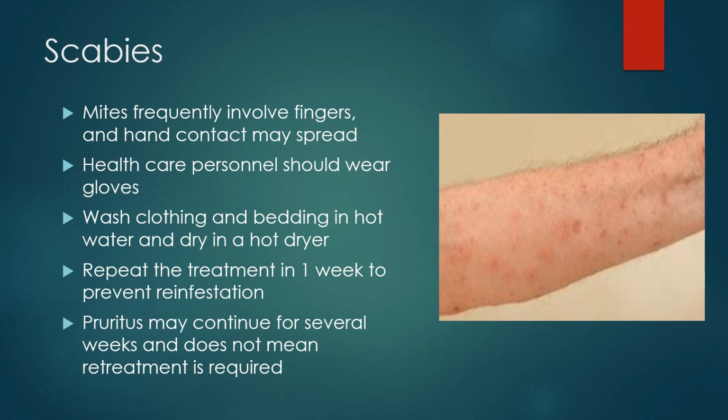The treatment for scabies is easy and effective if everyone in close contact is treated at the same time. It's so contagious that the whole body needs to be treated to kill all the eggs and mites. Healthcare workers should wear gloves, and some facilities may place these people in contact precautions to prevent the spread to other patients. Clothing and bedding needs to be washed in hot water and dried in a hot dryer to kill the mites. The person also needs to repeat the treatment 1 week later to make sure all the mites and eggs are killed. The person also needs to know that the pruritus can last for weeks.